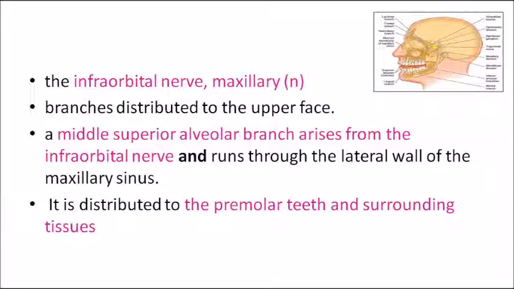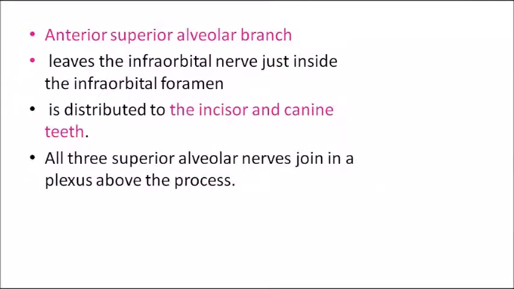Now coming to the middle superior alveolar nerve, which supplies the premolars and the surrounding tissues, which is a branch of the infraorbital nerve, which in turn arises from the maxillary nerve. Now the anterior superior alveolar branch, which is also a branch of the infraorbital nerve, arises from the nerve just before it leaves the infraorbital foramen, and it supplies the anterior teeth, that's your maxillary incisors and